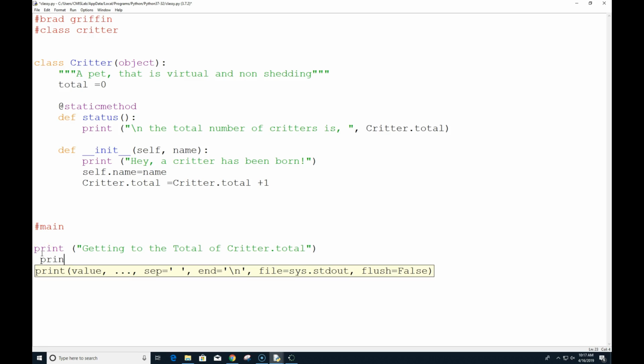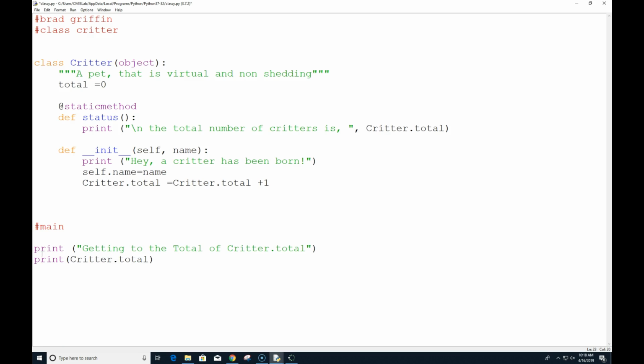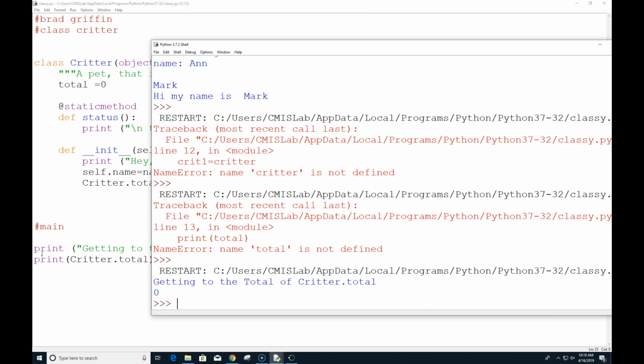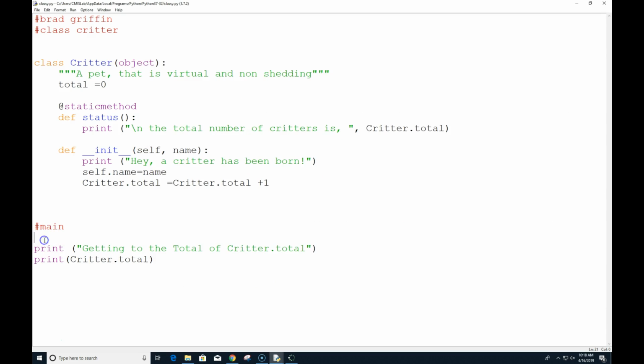All right, so print, before it errors on me, print. And now we can use the Critter.total, and we can see if we can get that value as it runs. So right now, it should say 0. Well, that makes sense. However, if I did up before that,